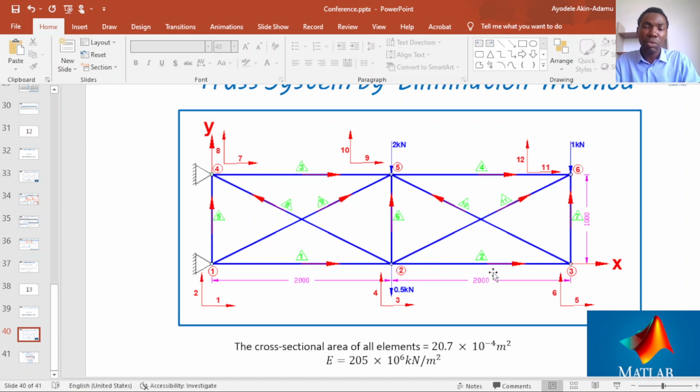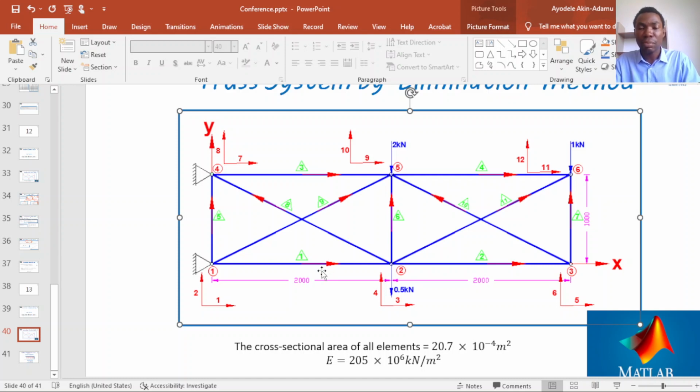The first thing we need to do when we are using the finite element procedure is we need to define our finite element model for the Truss. And this image here actually defines the finite element model, where I numbered my elements, I numbered my nodes, I numbered my degrees of freedom, and I also indicated the direction of each of my elements. So I highly recommend you go to my previous video on how to define the